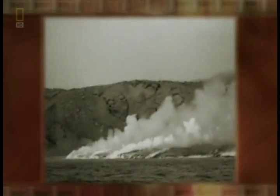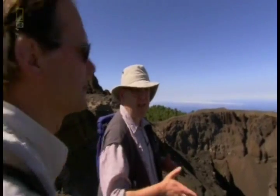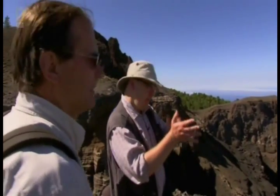La Palma's Cumbre Vieja volcano reawoke with violence in 1949. The month-long eruption blasted craters and sent waves of lava into the sea. The south of the island was rocked by massive earthquakes. The Hoyo Negro crater is a stark relic of the 1949 eruption. But it also contains other, more